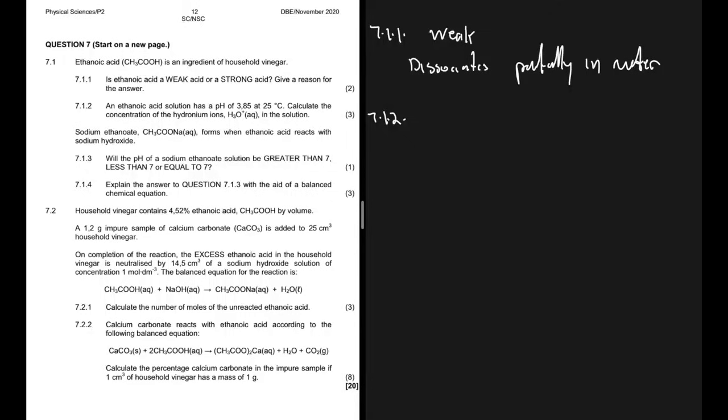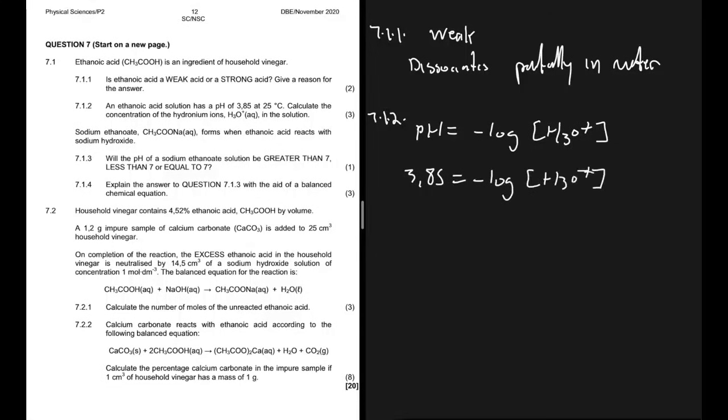So fine, we know that pH is equal to minus log of the concentration of H3O+, and then the pH is given to us as 3.85. So 3.85 will be equal to minus log concentration of H3O+, and then we multiply everything by minus 1, right? So we're going to get minus 3.85 equals log